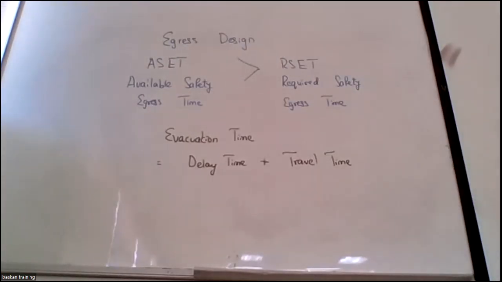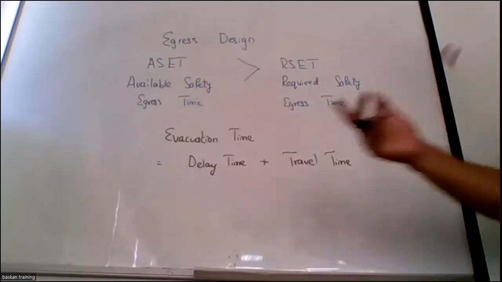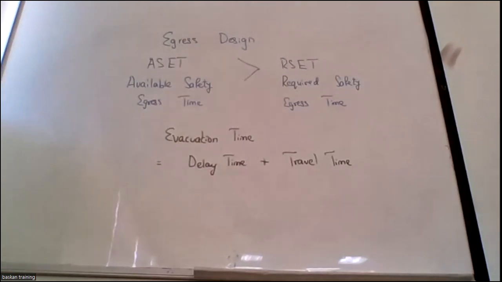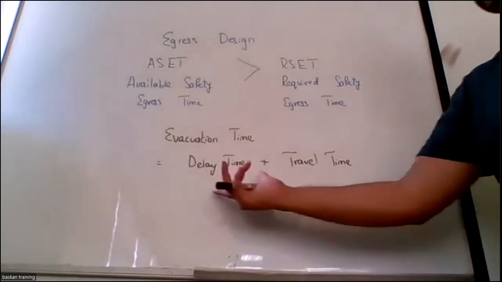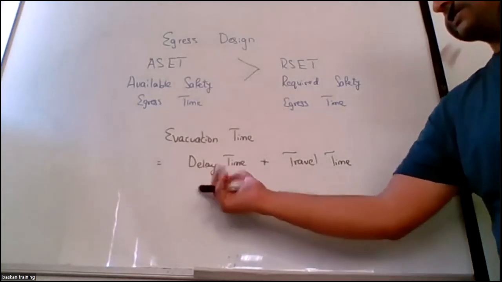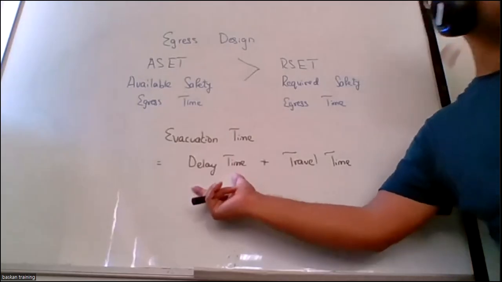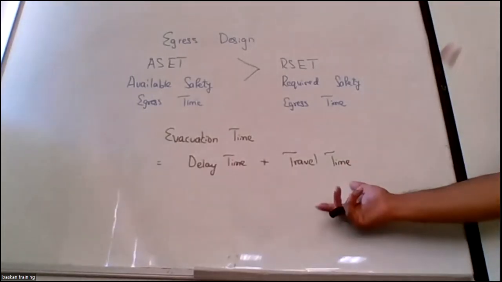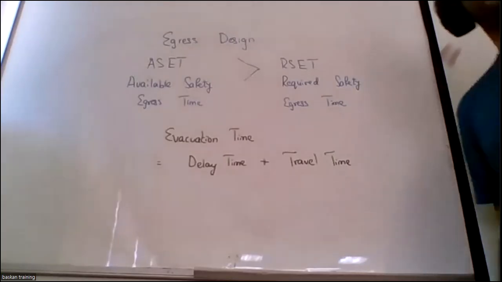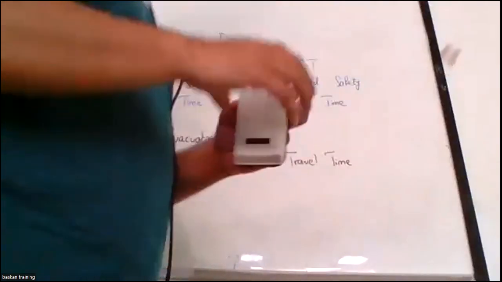So there are different types of software with different models that are used to calculate the delay time. Not calculate, but give an approximation of how you can make the delay time, how you can contribute towards the delay time. So for that, we'll see what the important aspects and considerations are that can be taken as part of delay time. Then we can add it towards the travel time, and then we can calculate how many people per second can evacuate from a corridor, from a means of egress.